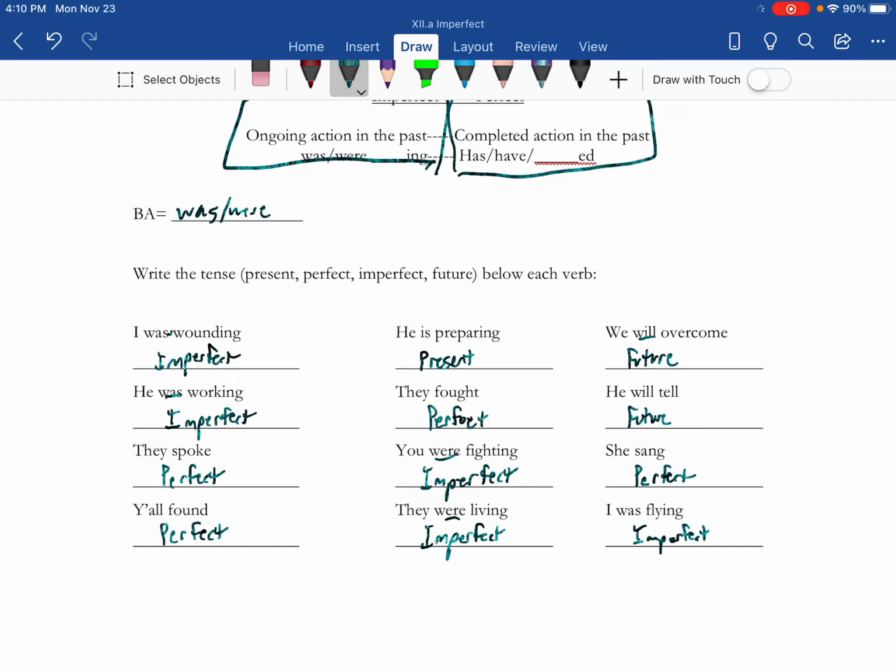Hopefully you got those right. If not, and you have questions, please let me know. One thing I want to point out about English is that it's messy. I told you the perfect is have or has blanked or just blanked. If we notice the perfect ones, and I chose them for a reason, none of those end in ed. Latin is not going to have the same issue. It's going to keep following the pattern. But English, it's not speaked, it's spoke. It's not finded, it's found. It's not fighted, it's fought. It's not singed, it's sang. And so English can be a little nasty. And we'll work with it. We'll get better with all this. If you have any questions,